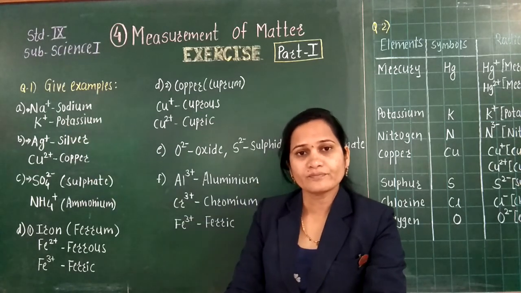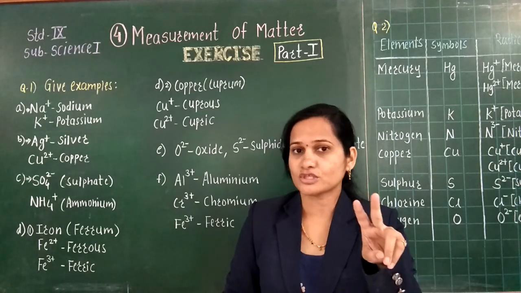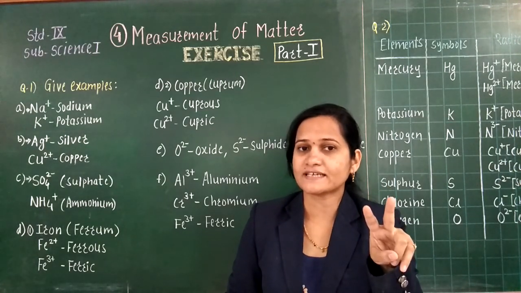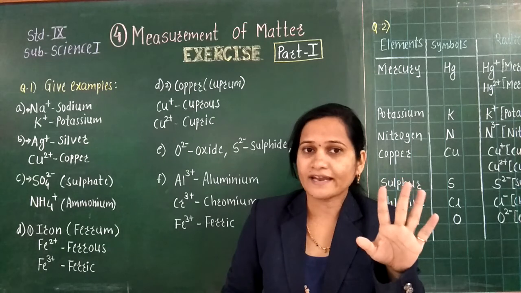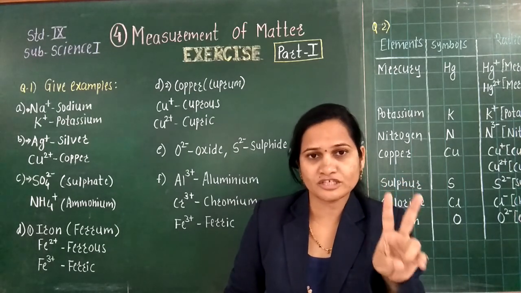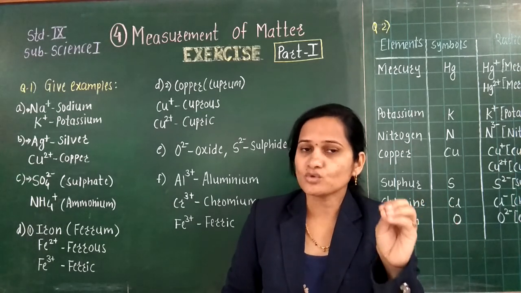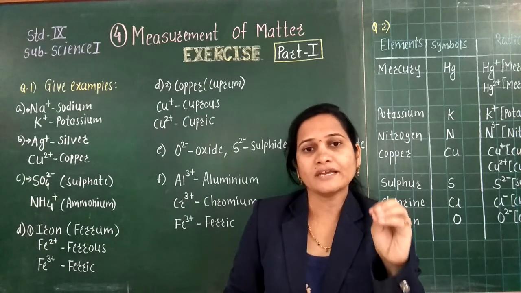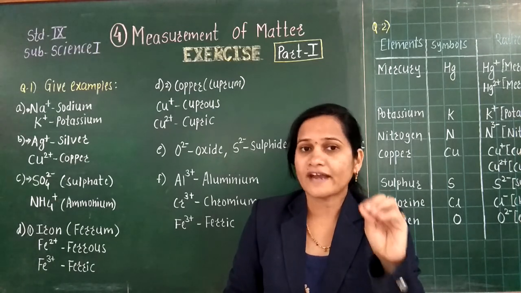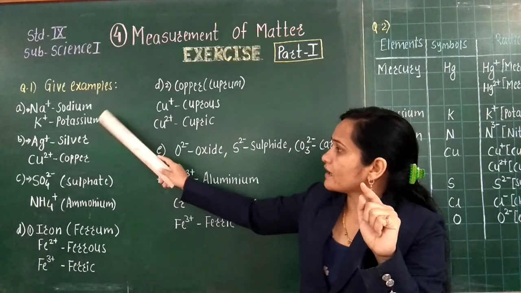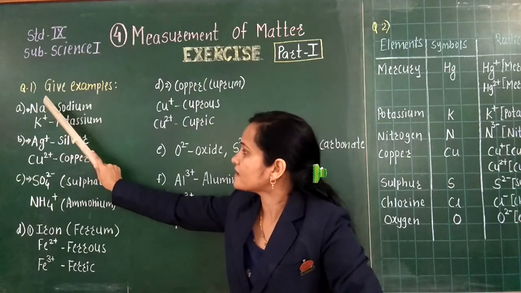Now what do radicals mean? Radicals are compounds with ionic bonds that have 2 main constituents. Which 2 main constituents are present while forming an ionic compound? Anion and cation. Here cation means a positively charged ion, and anion means a negatively charged ion. These 2 ions independently take part in chemical reactions, therefore they are called radicals.